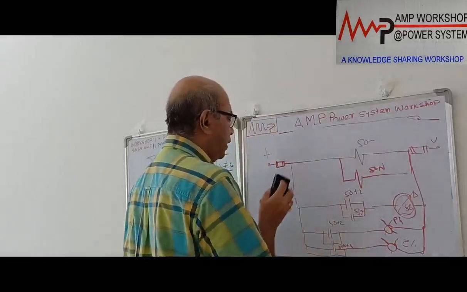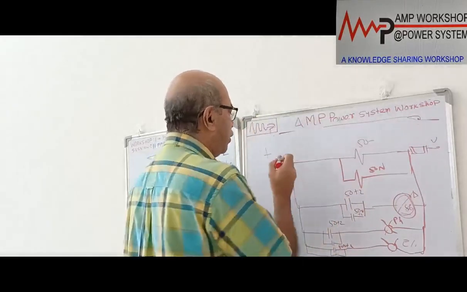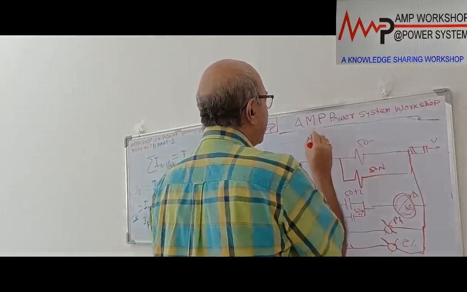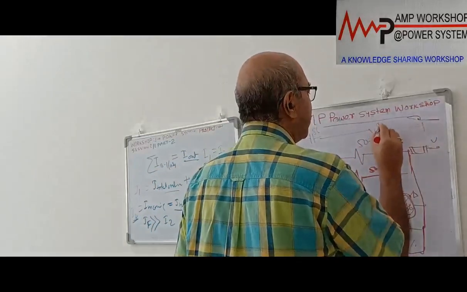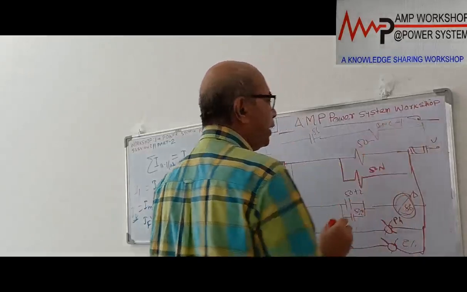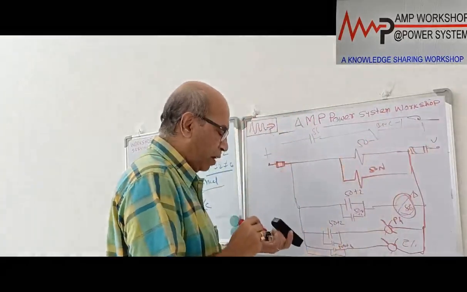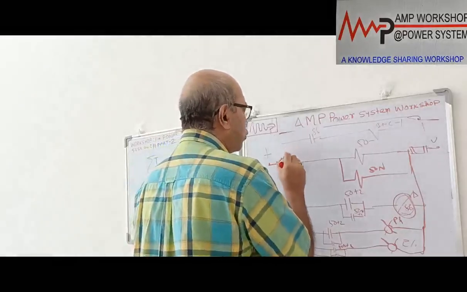Suppose this 86 lockout relay is connected to the trip coil of the breaker. If you see the trip coil, this is the DC scheme. I am drawing here the contact of 86 going to the incomer trip coil, INC1, and similarly it will go to the bus coupler trip coil and all the outgoing feeder trip coils.